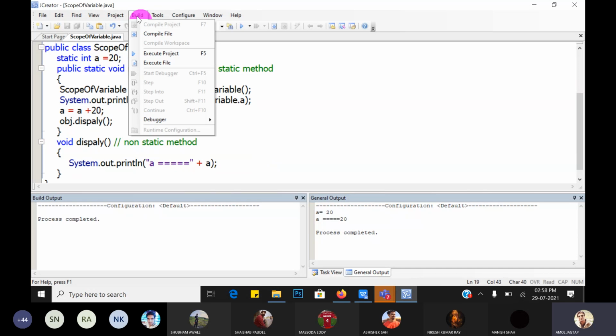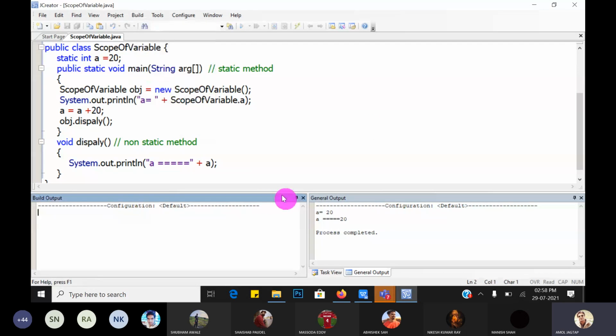There is no syntactical error. Execute it. So first A is equal to 20, and after that we have made changes in the A variable, which is static one. When we make the changes and call the display method, that static change is reflected in this variable A, and so the value of A now becomes 40.